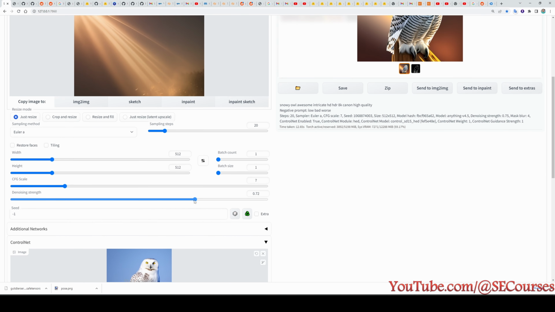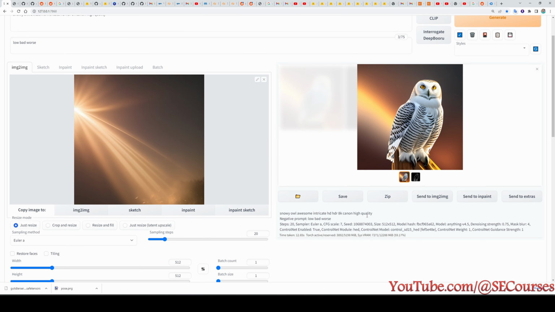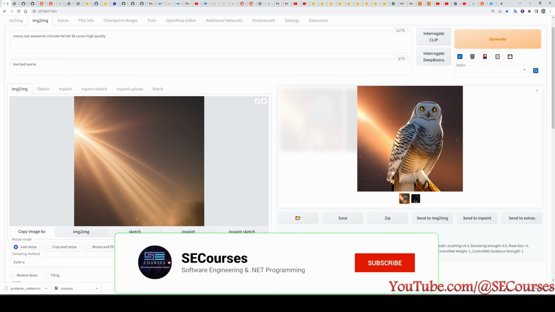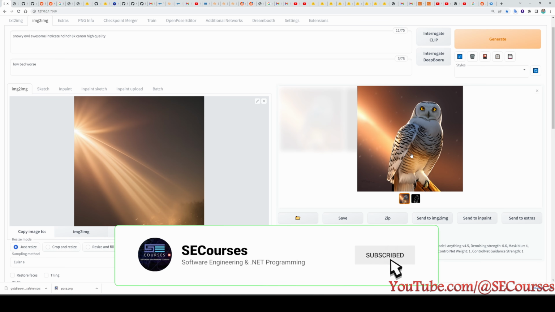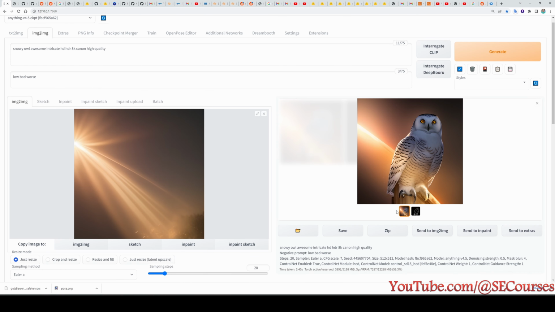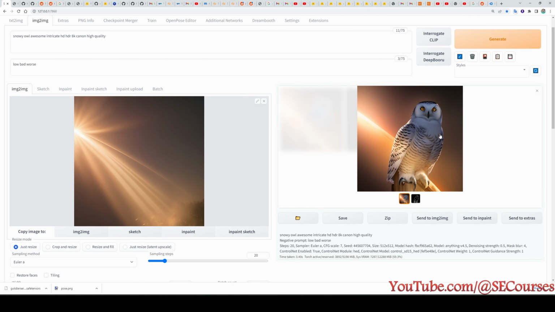Now let me show you what kind of effect it will make when we reduce this to 60%. Okay, this is the 60% result. As you can see now, it is much more mixed than before. So this is the key point of mixing two images like this. So this is the result of 50%. As you decrease the denoising strength, you will get more mixing like this.